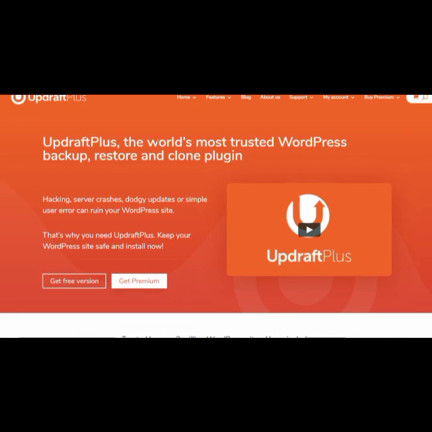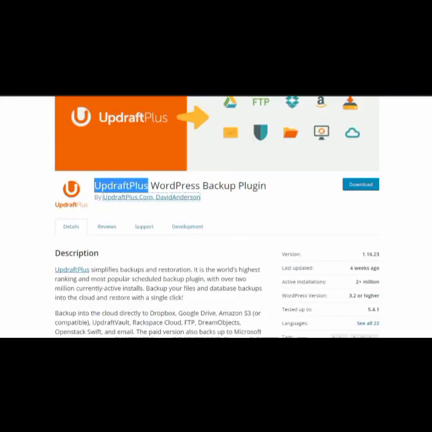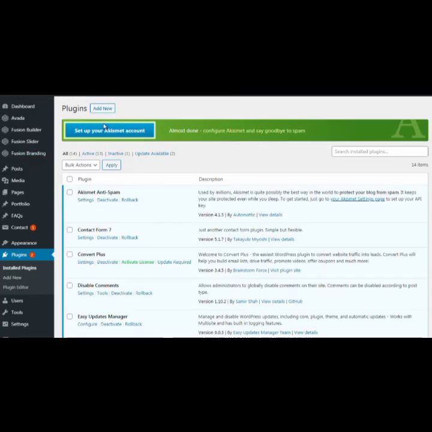Now, what's really cool about Updraft Plus is you can actually log into the system and manage all of your websites from that centralized system. So instead of having to do one website at a time, you can automate the whole process on a network of sites. So what you need to do here, same thing, go to plugins, click on add new,